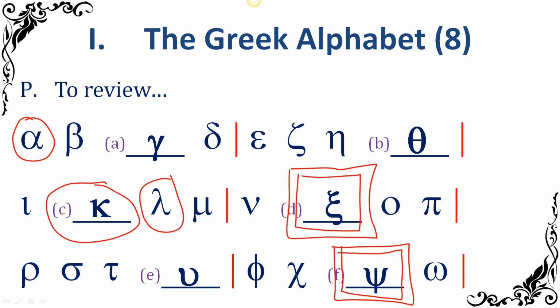We have, it looks like a P, but it's really basically the letter R. Rho. And then the next one is sigma, and sigma actually has two forms. This is the middle form. The one that is at the end of words basically looks like a C with a little tail. Start of a word, end of a word. And then we have tau, which is basically just a T.